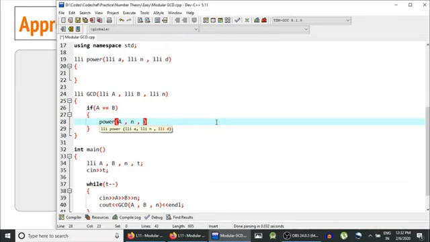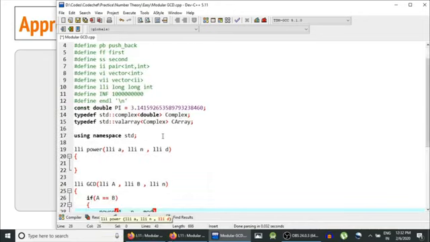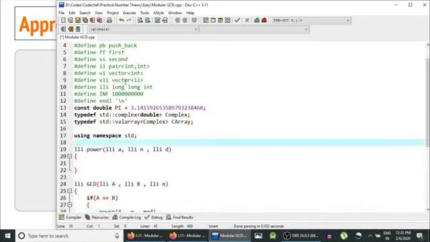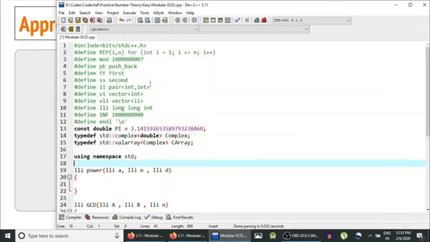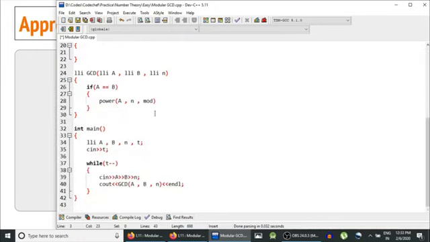The first argument is a raised to power n plus b raised to power n. So we have to calculate a raised to power n plus b raised to power n, and return it modulo 10 to the power 9 plus 7, right? You can define 10 to the power 9 plus 7 as a constant. I have taken it as a hash defined preprocessor directive. I always use it as mod. So this would return a raised to power n modulo 10 to the power 9 plus 7, plus b raised to power n modulo 10 to the power 9 plus 7, and finally